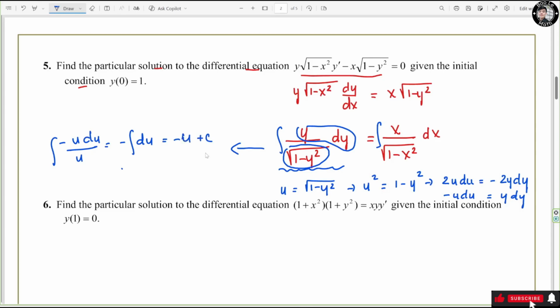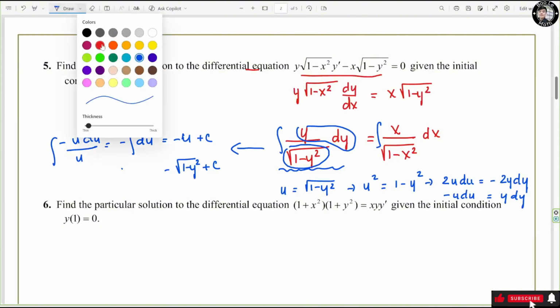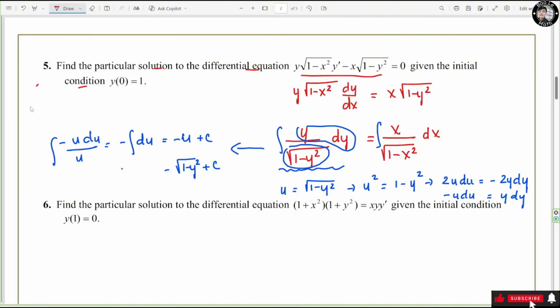But u equals this one, so it turns out to be negative square root of 1 minus y squared plus c. The left hand side becomes negative square root of 1 minus y squared equals the right hand side, negative square root of 1 minus s squared,